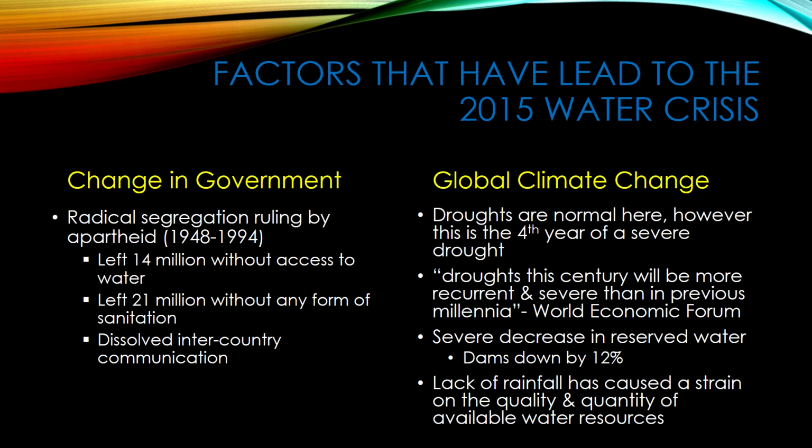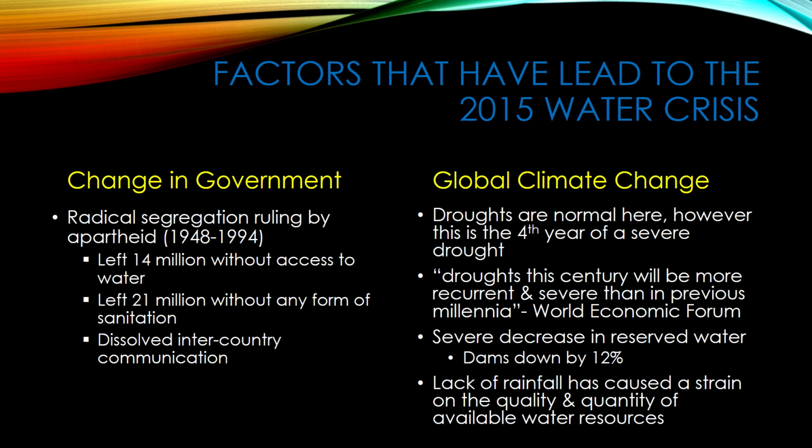Another issue, probably the main issue that has led to this water crisis, is the fact of global climate change. Right now, South Africa is experiencing the worst drought since 1992. This is the fourth consecutive drought year. And in early 2015, the drought started, and this was due to El Nino, which also affects California, India, all those countries. Well, California state, but whatever.